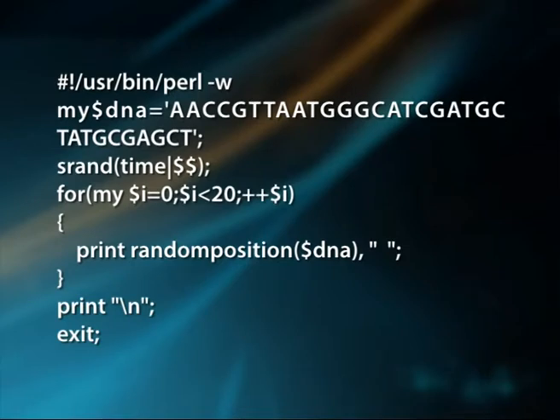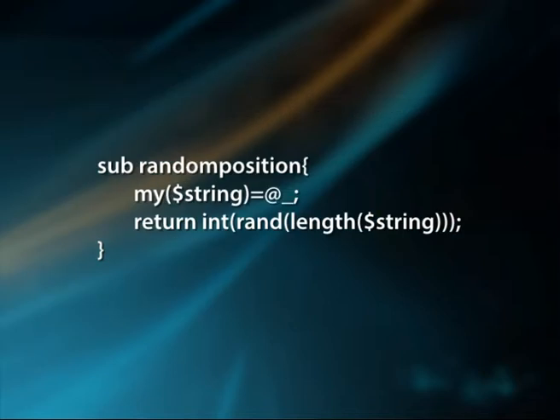To test this code, the following program called random can be used. #!/usr/bin/perl -w, my $DNA = 'AACCGTTAATGGGCATCGATGCTATGCGAGCT'; srand(time|$$); for (my $i = 0; $i < 20; ++$i) { print random_position($DNA); } print "\n"; exit; sub random_position { my ($string) = @_; return int(rand(length($string))); }